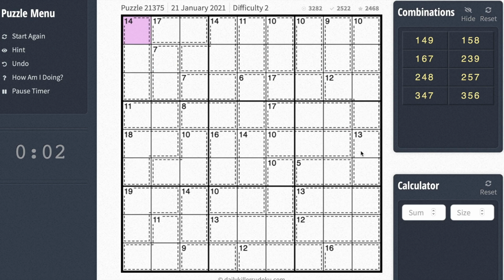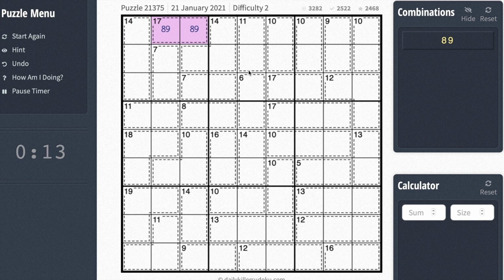Okay, so here's our puzzle. Let's start as we always do. Let's look for the gimmies that we can immediately start filling in as combinations. 17 has to be an 8 or 9. There's another 17 here, also an 8 or a 9. 16s can only be 7 or 9, and there's another 16 down here. At the moment I can't see any more obvious combinations to fill in, but we can start filling in some